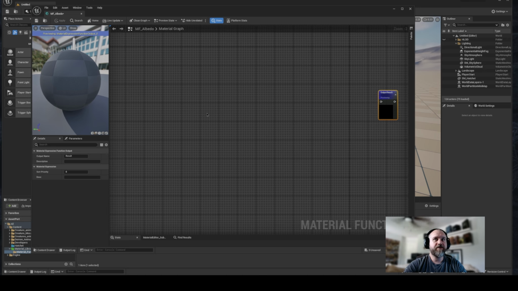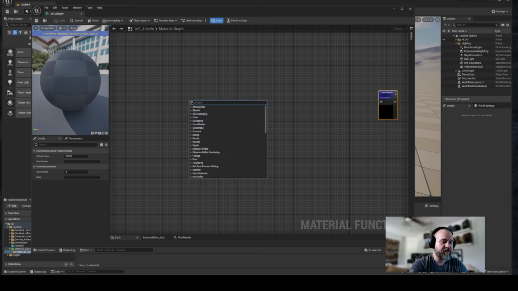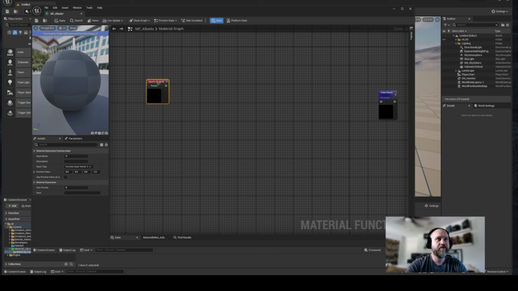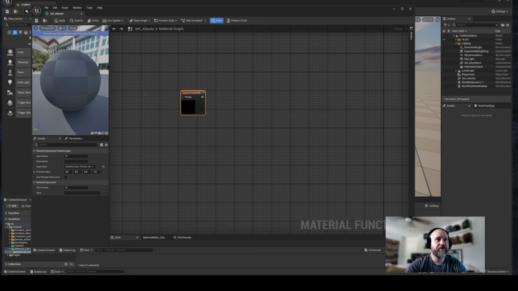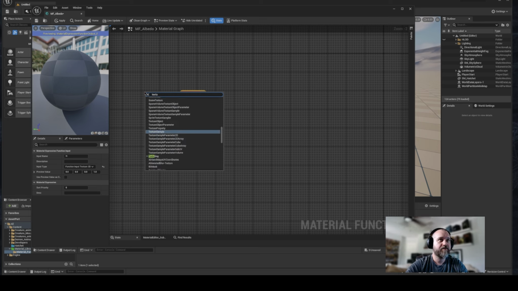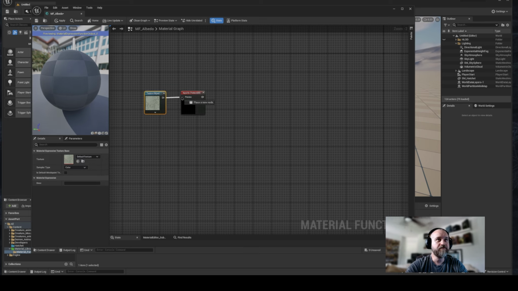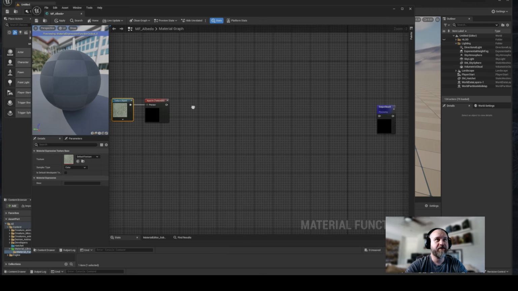So first thing I'm going to do is we need to have a map. So I'm going to make a material input, or a function input, sorry. We're going to change this to the type of texture 2D. And I'll explain why we're doing it this way here in a little bit. But once we have our texture 2D input, we can then assign a preview by just looking for a texture object. And we just hooked it up to our input there,